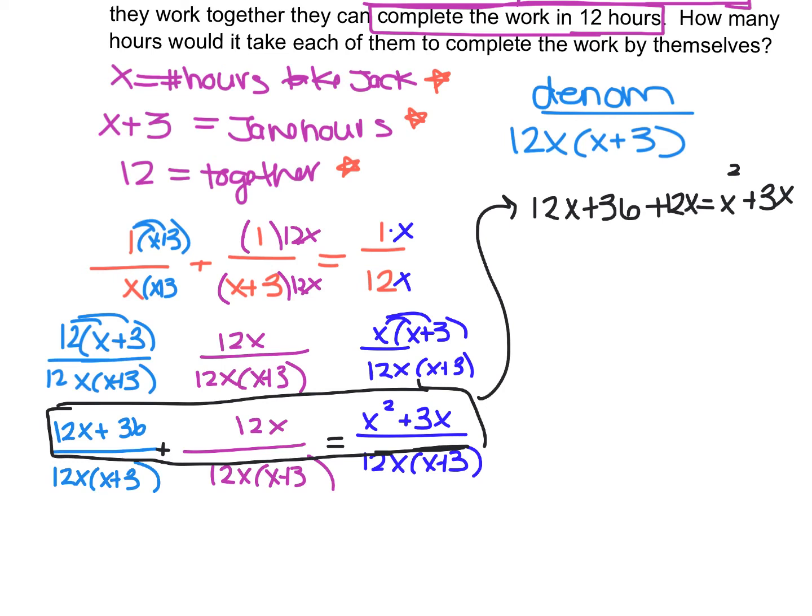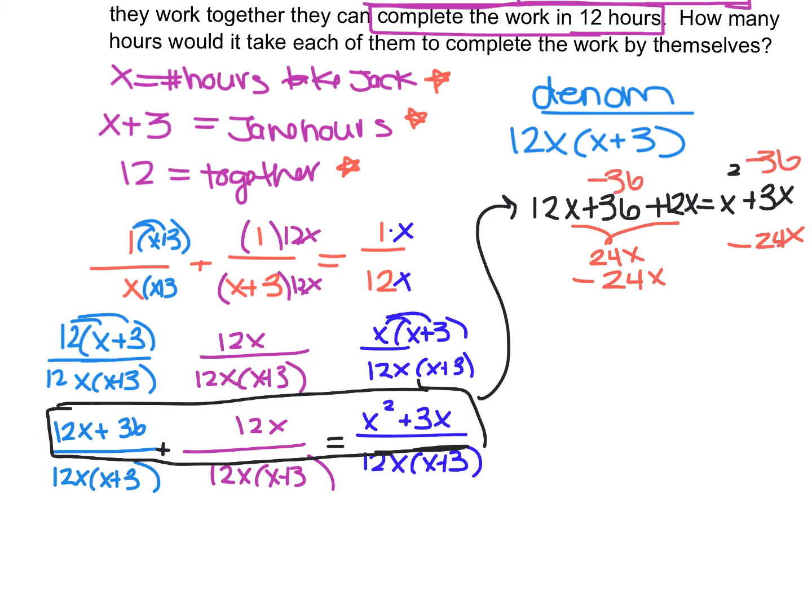So now I need to solve this, and because I have an X squared, I know that I'm going to be solving this with a quadratic. So I'm going to start by getting everything onto the same side as the X squared. And so here I notice, okay, I have 12X and 12X, so that's 24X. So I'm going to subtract 24X from each side, and then I'm going to subtract 36